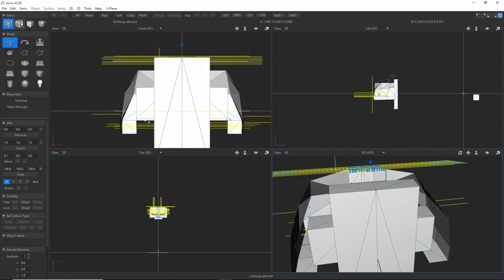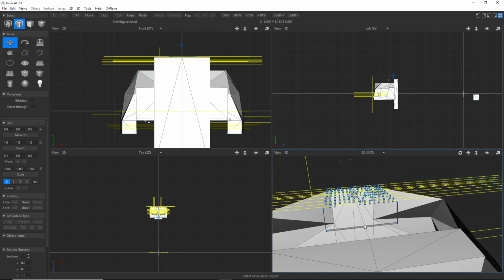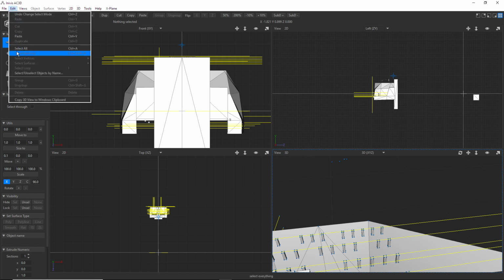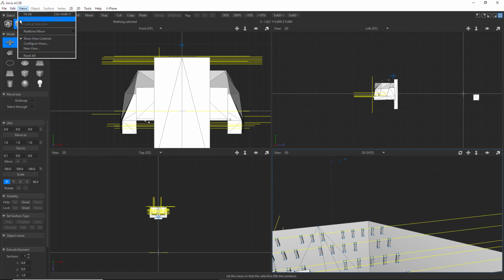I can also select an object. So say I wanted to select an individual switch like this guy. I can select just that guy, right? I can also select an individual face of an object, and I can select an individual point of a face. Most of the time we'll just be using object. We'll just select things by object, and you can select nothing by going up here to Edit and clicking Select